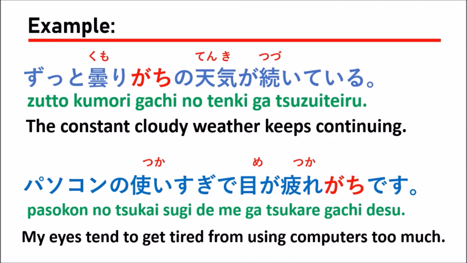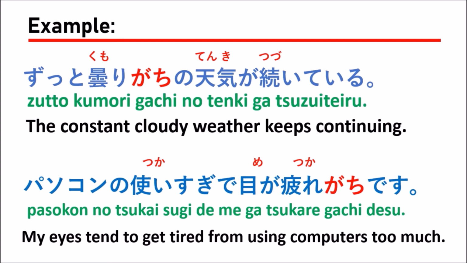For the second sentence, you see that they use the verb 疲れる, tsukaremasu, right? So when you use gachi, you change to the masu form and cut out masu. Tsukaremasu, right? So you can cut out masu. Just say 疲れがちです。目が疲れがちです。